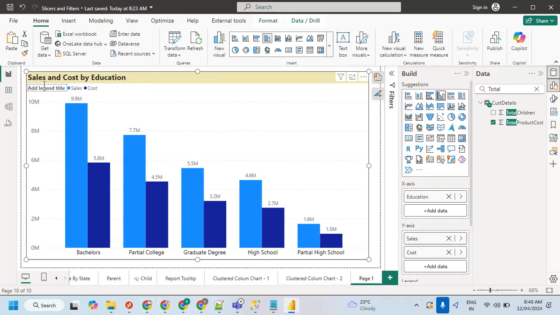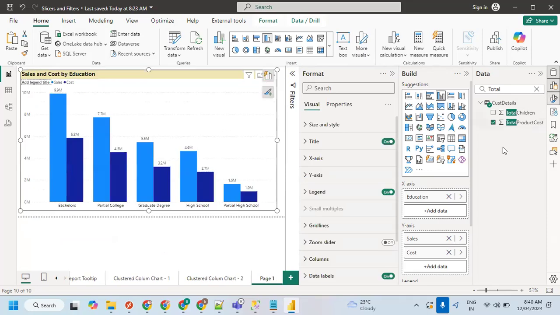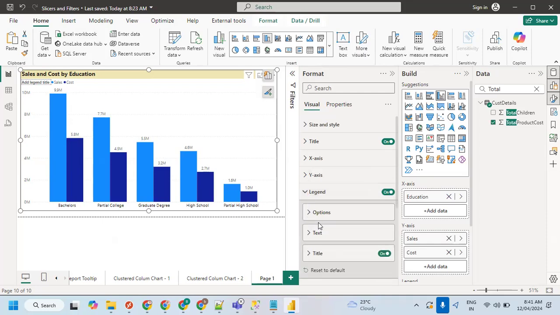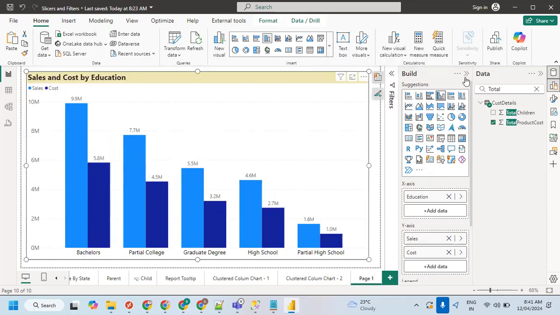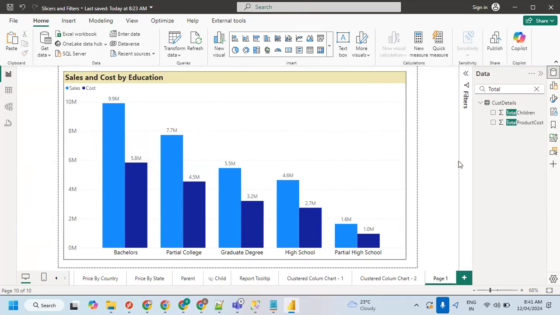Now, when it comes to here, the title is missing. I don't need this title. Legend title is not required because they are the metrics. Sales is a metric, cost is also a metric. So let me go to this formatting section and switch off the legend. No, I need to have a legend, but title is not required. Expand this legend, you can find there is a title, just switch off this title. That's all. And increase the values text size. That is 13 only, that is fine. Now you can see, now also we are comparing sales versus cost